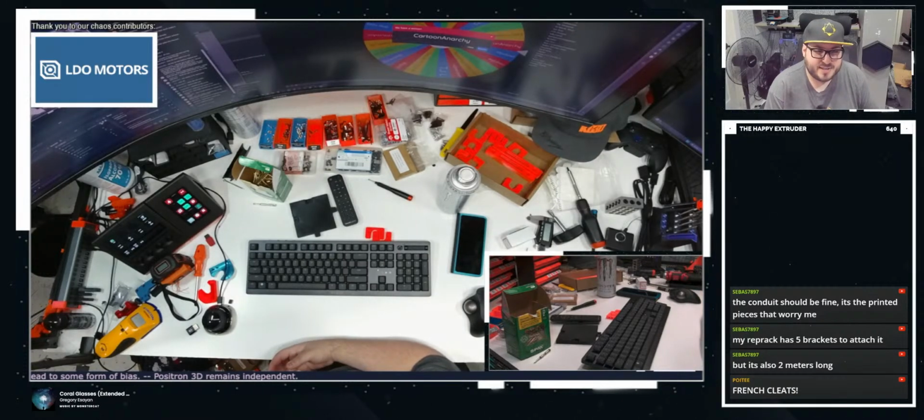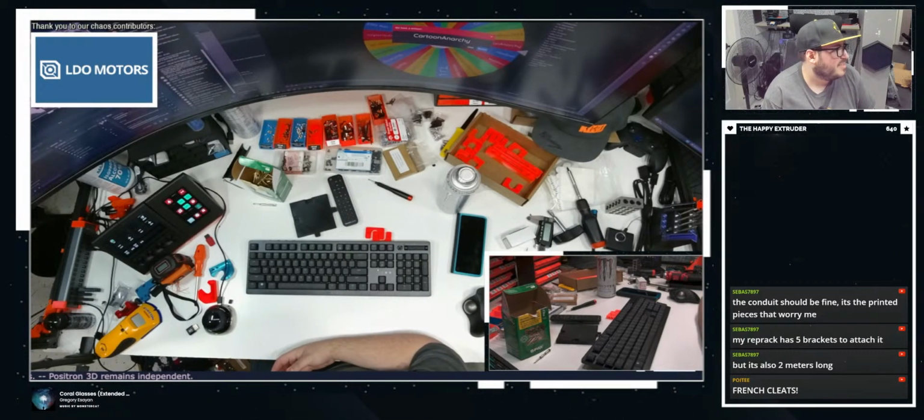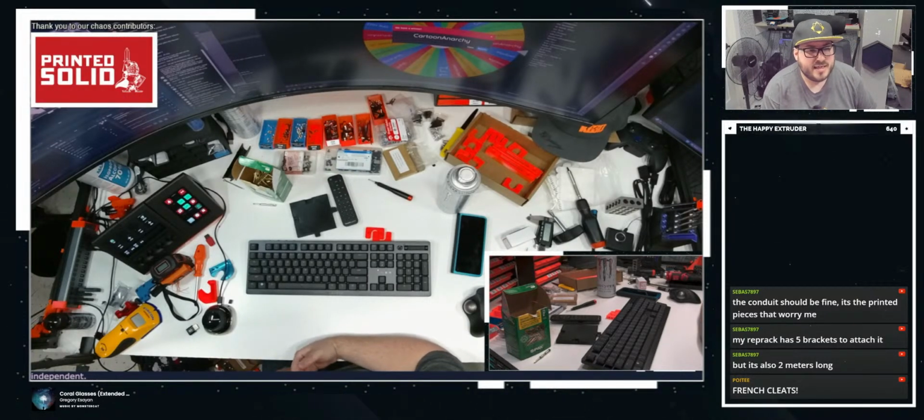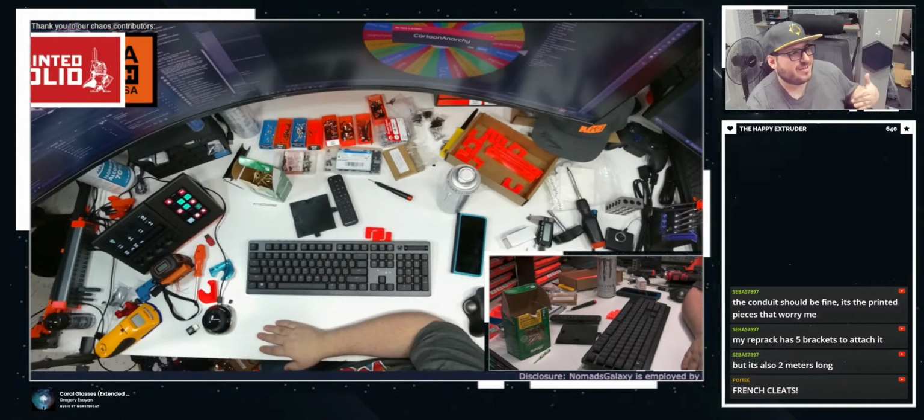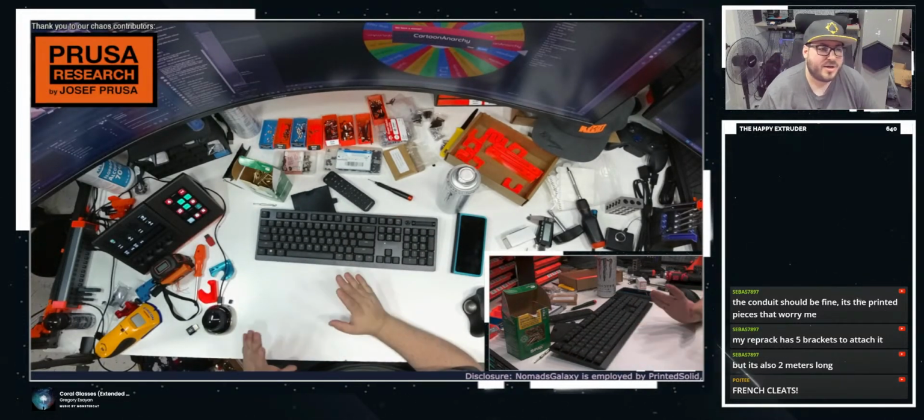My rep rack has 5 brackets, but it's also... Yeah, that's crazy. This is only a couple feet long. It's not that long. It is to the point where, like, it is recommended that you add another bracket, but, like, it's fine. It's going to be fine, and we're gonna be peachy.